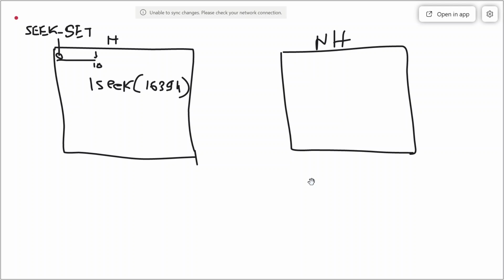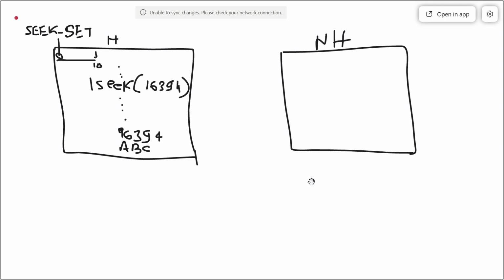That means I have moved my file pointer from the 10th character to, let's say, here, 16,394. So I have reached this location, and then I have written some other content. Let's say I have written ABCD. This way it has been written.